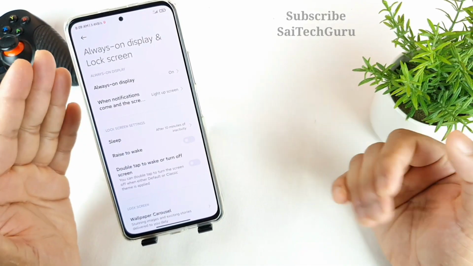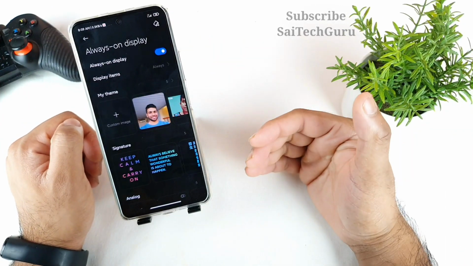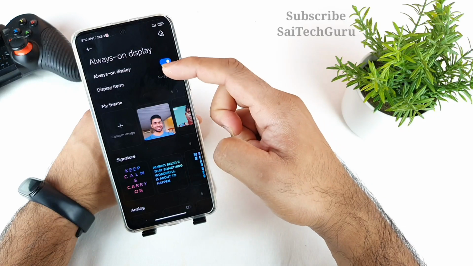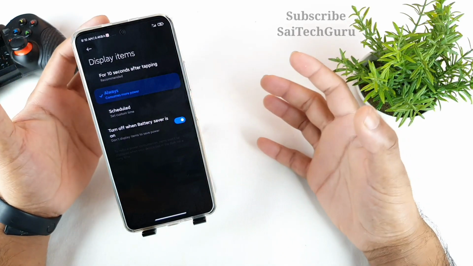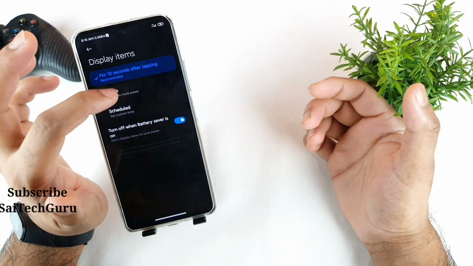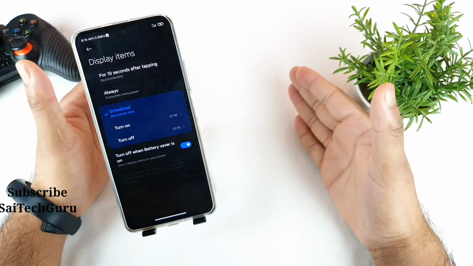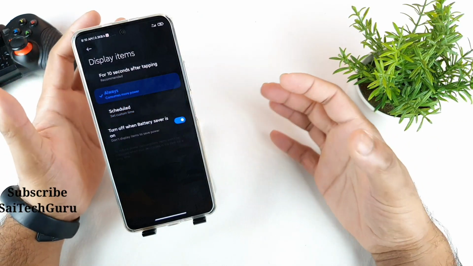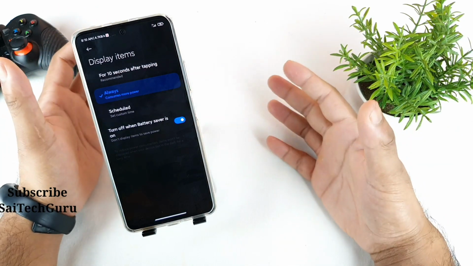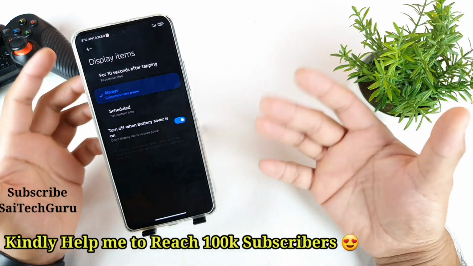So as you can see friends, these are the always on display options which are available. So first let me go here. The first option is to enable the always on display functionality. Once you enable that option, you get options like display time. For example, if you want to display only for 10 seconds, you can use that, or if you want to display always, you can use that, or schedule timing as well, from morning to maybe evening or something like that. But usually I prefer using the always option. I just want to see the always on display timing every time whenever I look at the phone. That's why I leave it on this option, which is always.